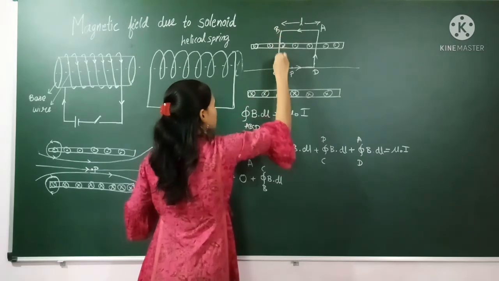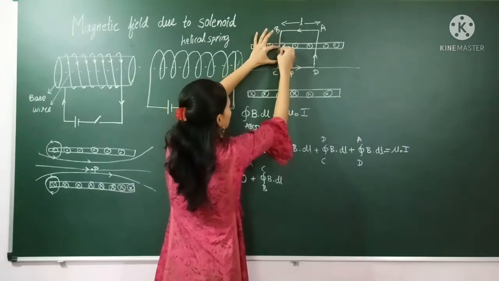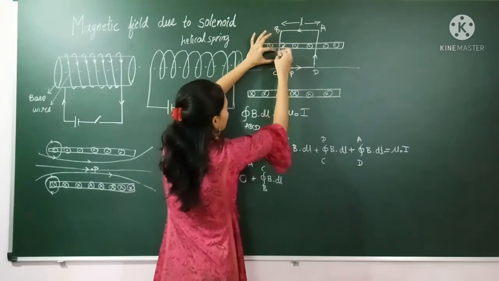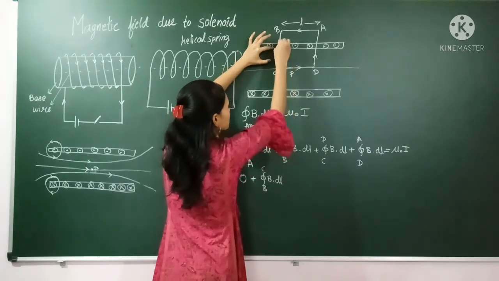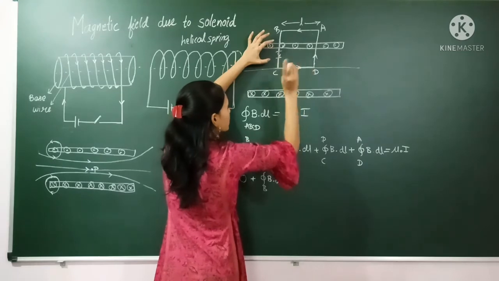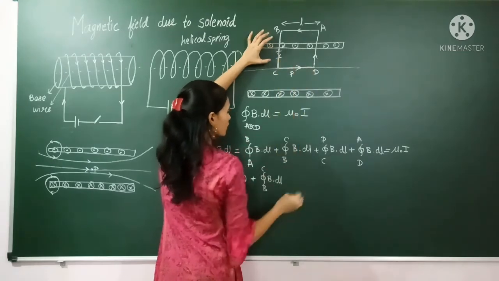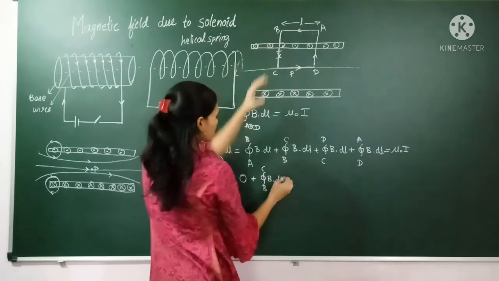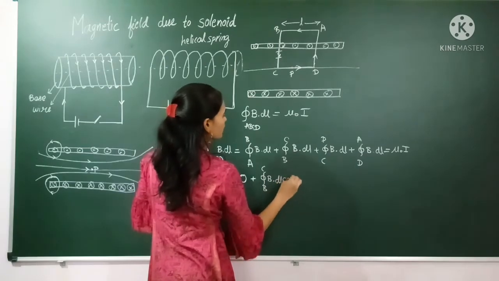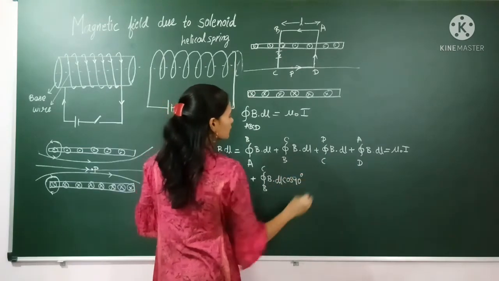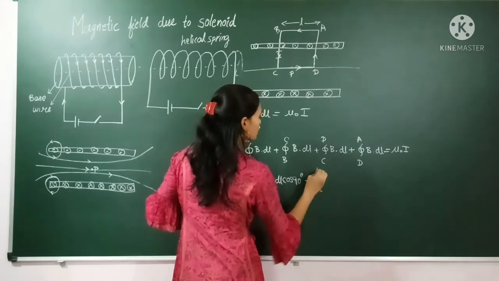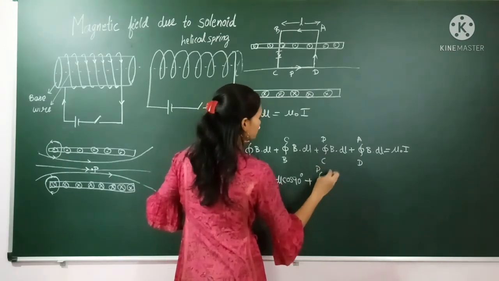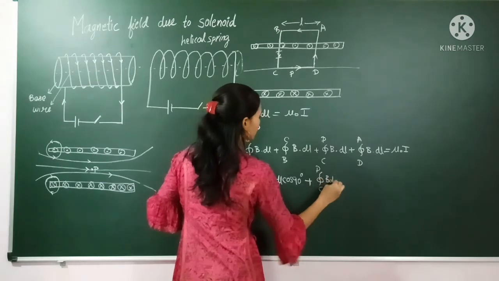So this is the direction of the current element, and this is the direction of the magnetic field. Both are perpendicular to each other. If both are perpendicular, then the theta value will be 90, so here we will write cos 90 degree. Cos 90 degree value will be 0, plus the closed integral c to d of B dot dl, means B dl,